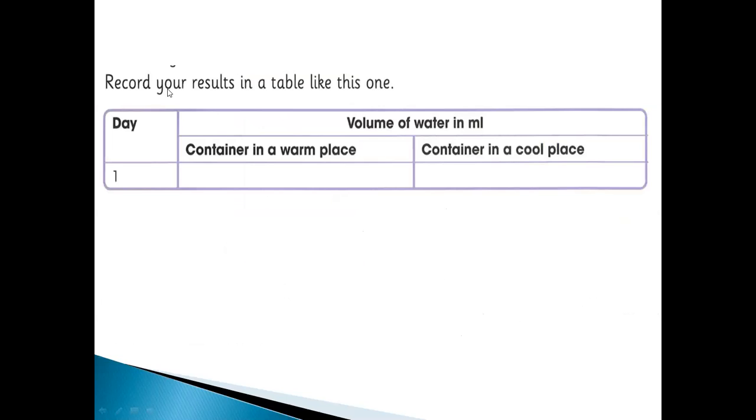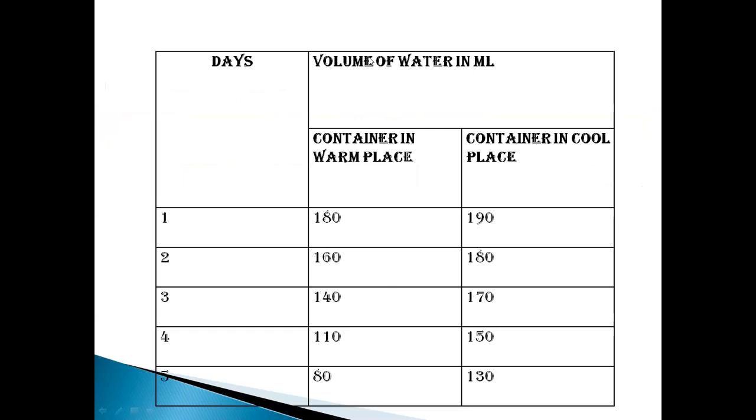After this, you may need to record your result in a table, like this for day 1, day 2, day 3, day 4, day 5. Container in a warm place and container in a cool place. Volume of water in ml. Is the volume increasing or decreasing? I show you on the screen. On the first day, the container in the warm place 180, and in the cool place 190. After each day, second, third, fourth, and after the fifth day, you can see